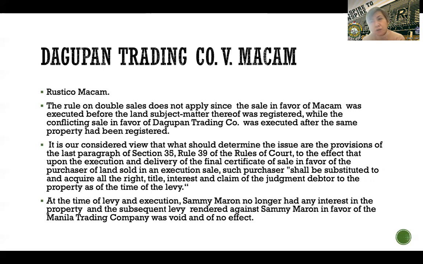While ang katong second sale, the subsequent sale to Dagupan Trading by Manila Supply was already when the property was registered na. So court ruled here that it is our considered view that what should determine the issue are the provisions of the last paragraph of Section 35, Rule 39, to the effect that upon the execution and delivery of the final certificate of sale in favor of the purchaser of land sold in an execution sale, such purchaser shall be substituted